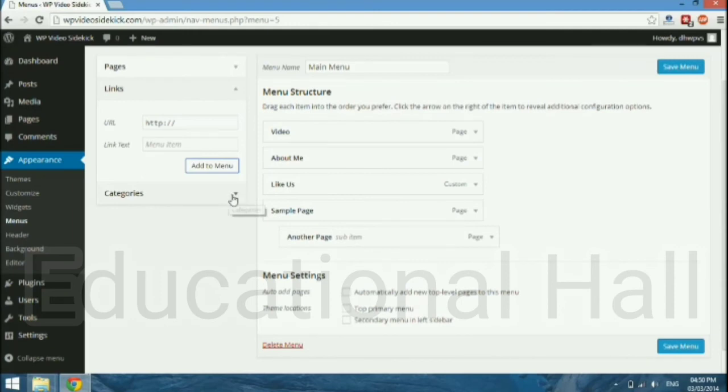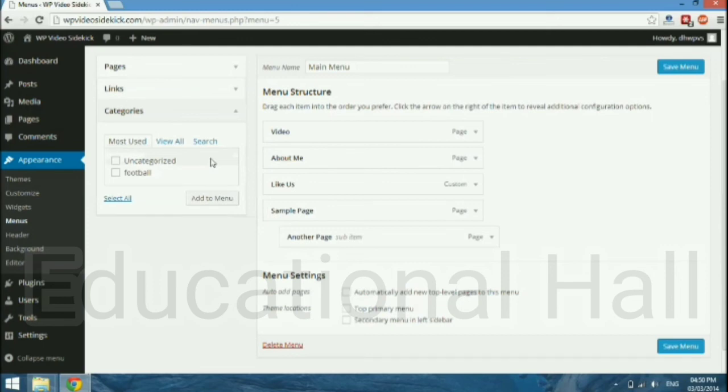Okay, so to add a category to your menu, as I mentioned before, say you have a sports site, which is the example I used, and you have different kinds of sports, and you wanted to just have a link or a page with all the different types of sports and have it categorized, then what you do is that when you are creating your post, you put them in the respective categories. And like I said, I had created some posts with the category football,